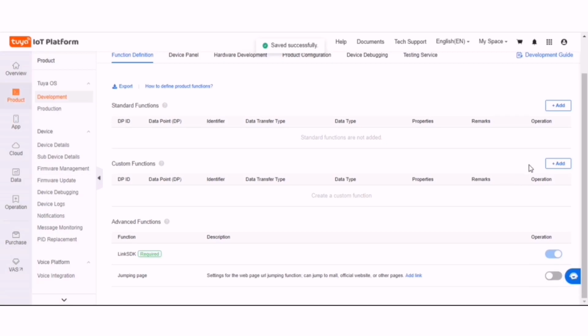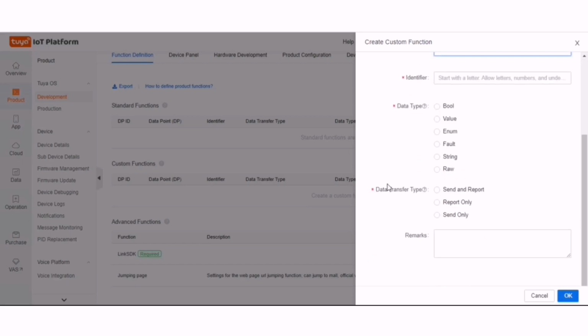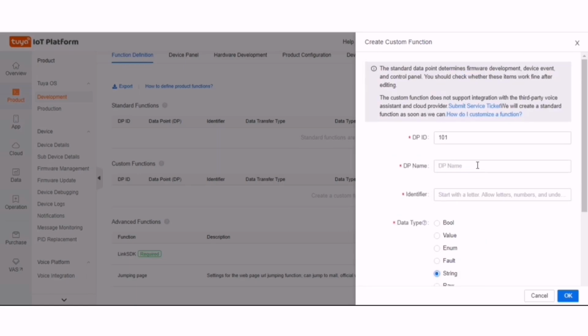Here you can add your custom functions for your product. Name your custom function and select your identifier, data type, and data transfer type. In this case, we are using send and report, and data type is string. We are using two soil moisture sensors in our system.